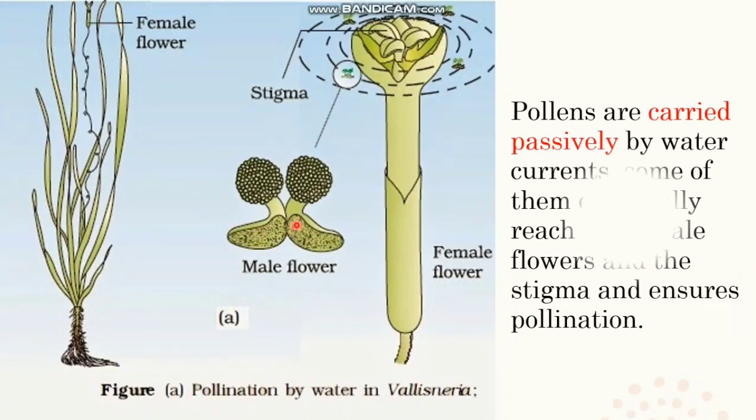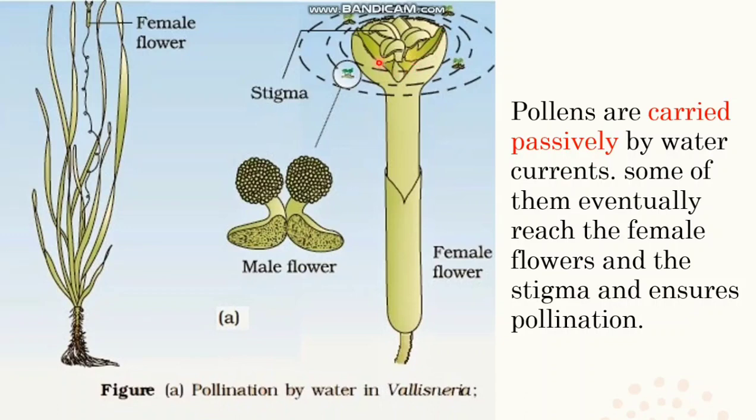So these male flowers have two stamens which are filled with pollen grains. They are light in weight and are carried passively by the water current to the surface of the water where the pistillate flowers are. Now, some of the male flowers which come near the pistillate flower fall in the cup-shaped depression